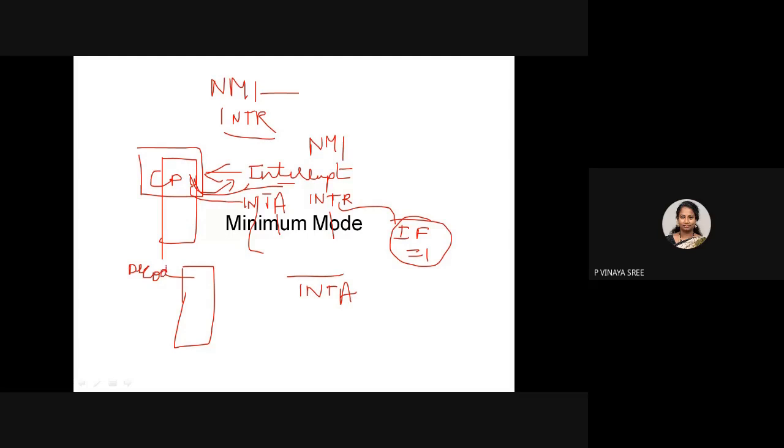Now an interrupt occurred, so will it stop, or when will it go for providing the interrupt service? After completing fetching, decoding, execution, isn't it? Yes, ma'am. In the middle of the instruction, it does not provide a service, even after fetching.